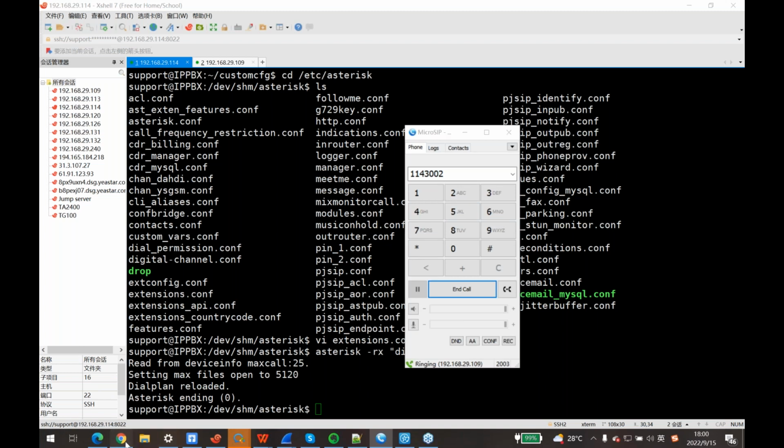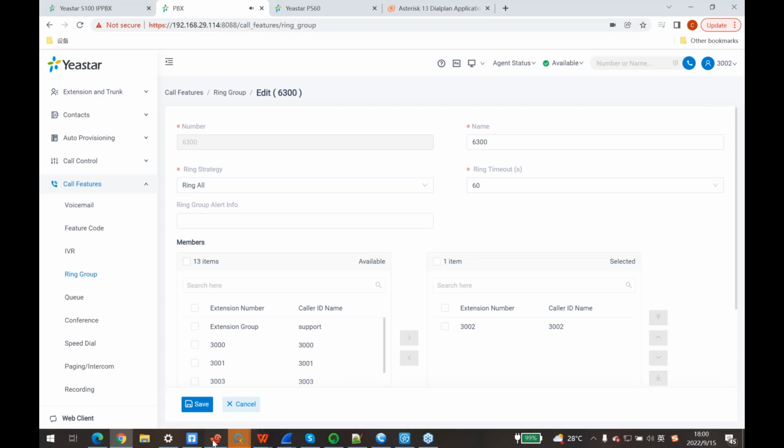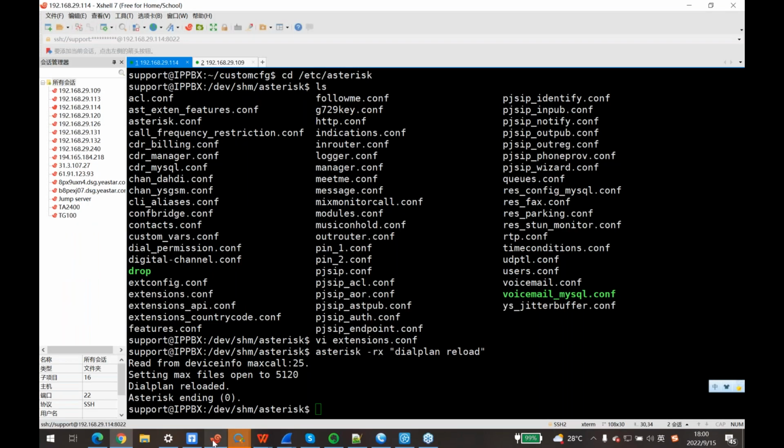Here you can see there's no corner number and corner name, or are shielding unknown, right? So that means the change is working. Okay, so it is not finished, right? This is just a test. If we want to make it work, no matter if you upgrade or rebuild this PBX, you still want it to work, we have to go to